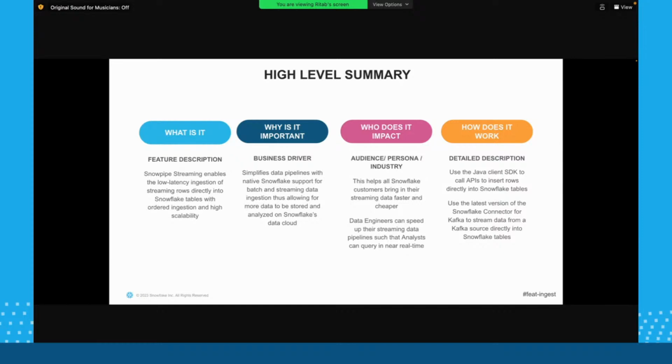Now, why is it very, very important? Because most of the customers, whenever we are talking, are very interested in taking data to the data platform as soon as data is generated at the source. It might be some logs out of a server, some signals coming out of an IoT device, or maybe some database changes going on in your on-prem systems. They are very interested in taking that changed data to your data cloud as soon as possible, and Snowpipe Streaming is going to do the job for you.